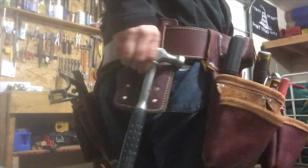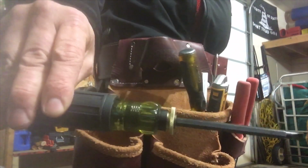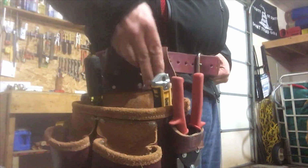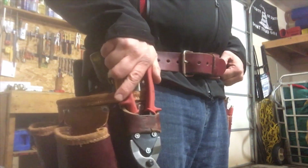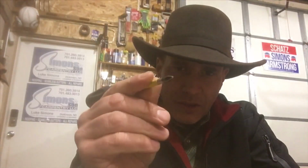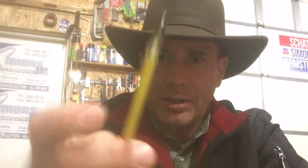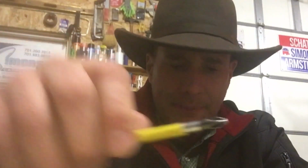And it gets heavy, so I don't carry tools that I don't need on my person. I will go back to the tool tank, my beautiful van that's very old that I love. Everything's dry in that van, everything's nice. And of course, you have to have a screwdriver. A Phillips and a number 2 screwdriver, both with 4-inch handles. Put a little shrink wrap on there so you can spin it with just your fingers, like that. However,